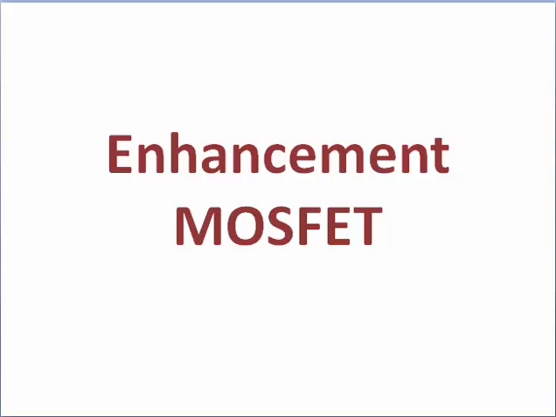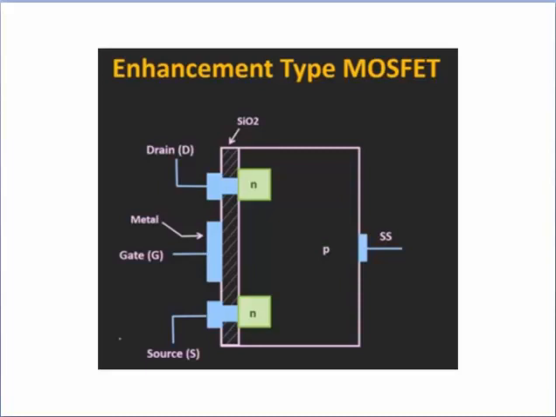In our previous lecture we have already discussed depletion type MOSFET, in which the channel is already present. Now if we talk about the construction of enhancement type MOSFET, there are some aspects that are similar to the depletion type MOSFET. If we see the construction of N-channel enhancement type MOSFET, then the substrate is made up of P-type material. Through the metallic contacts, the drain and source terminals are connected to the N-type material, and this is similar to